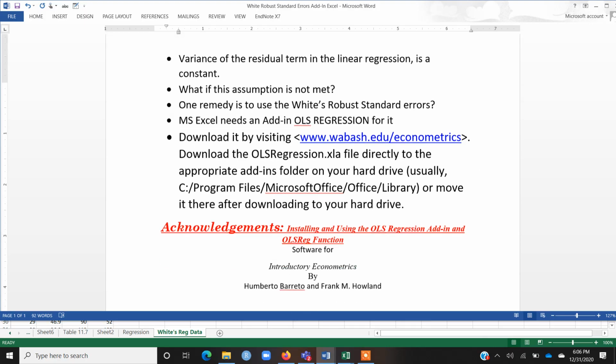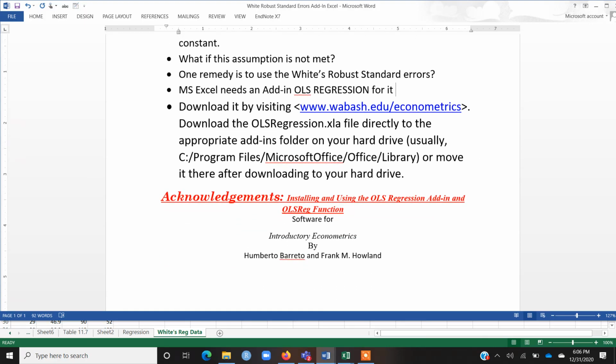So let's acknowledge that we are using the information or knowledge shared by Professors Humberto Barreto and Frank Holland. You can explore on Google for details. These are celebrated contemporary econometricians who have offered a new insight into the understanding of econometrics.